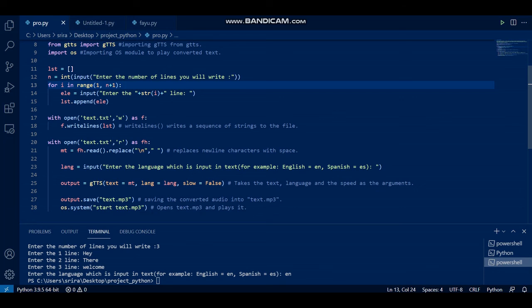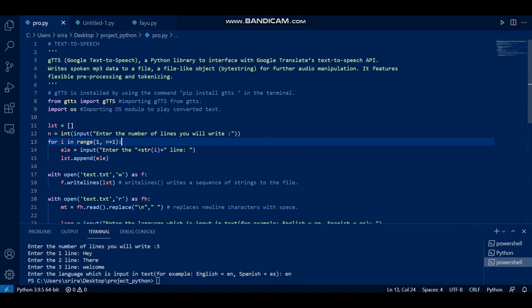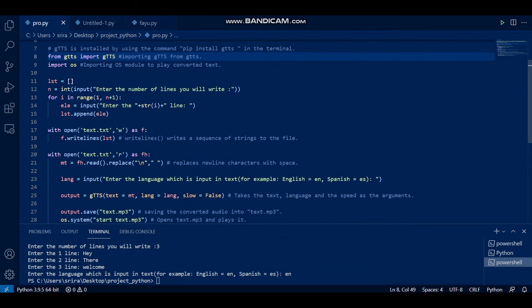Tkinter basically just creates an app, and you input text and stuff there. That adds up to this code and makes it fairly large. But this is the skeleton. There's no sugarcoating or anything. This is the most basic project when it comes to text to speech. So maybe you can use it.